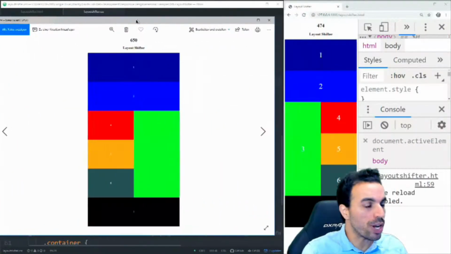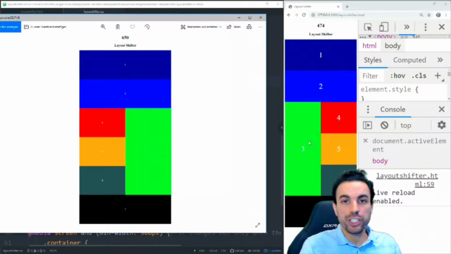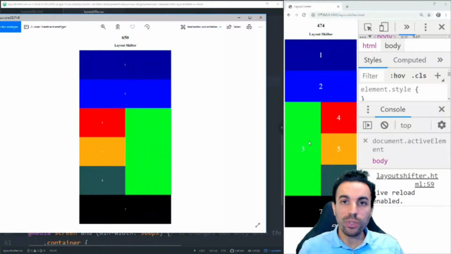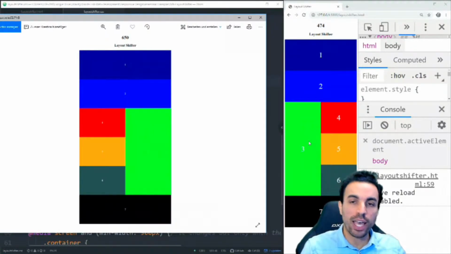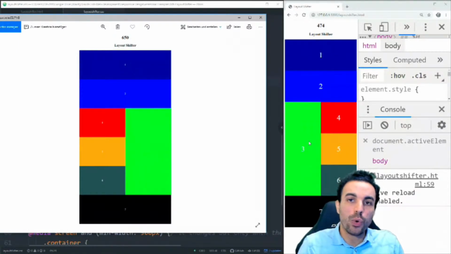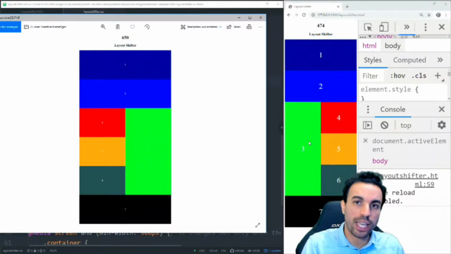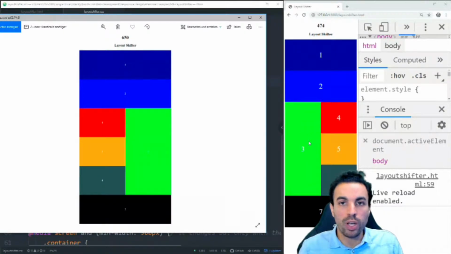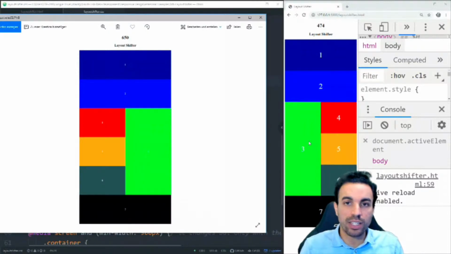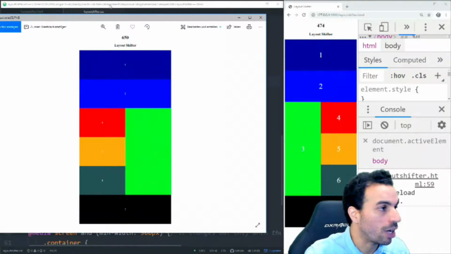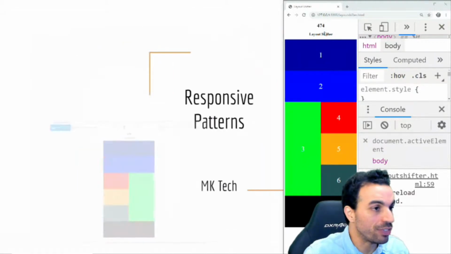At our second breakpoint, you see that the box 3 changed the place with the container 2. Okay? All the elements in your HTML file have the order 0 and they appear in the way that they are written in the HTML file. If you want to change it, you have to put a different order. For example, if you want an element to appear first, I have to put a negative order. If I want an element to appear after, I have to put a positive order. In this case, for example, I have to put, to achieve this design